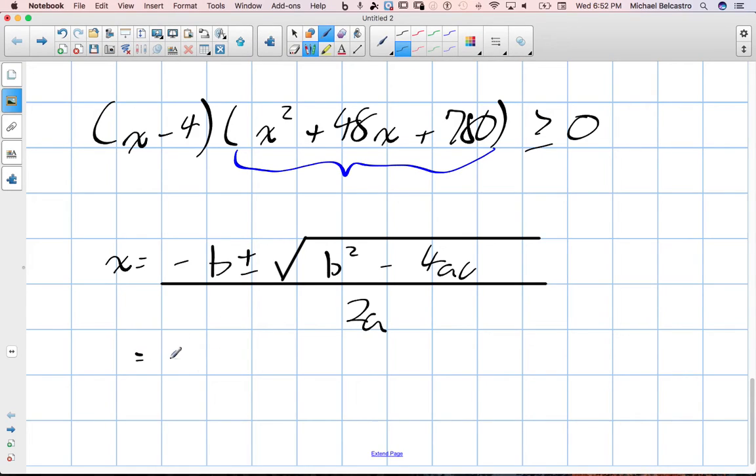So we get negative 48 plus or minus the root of